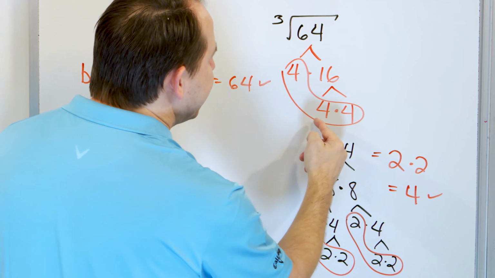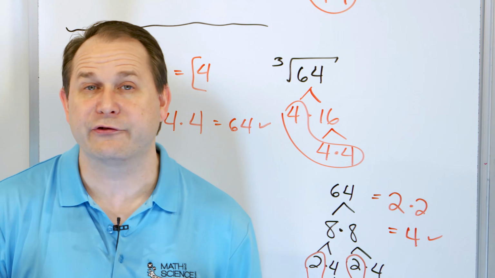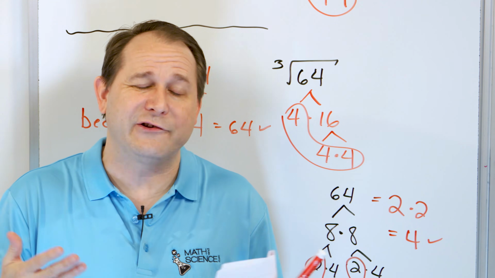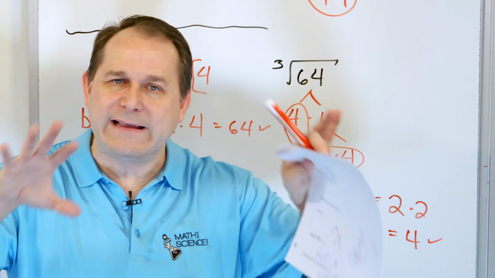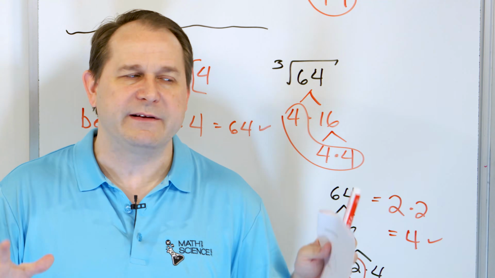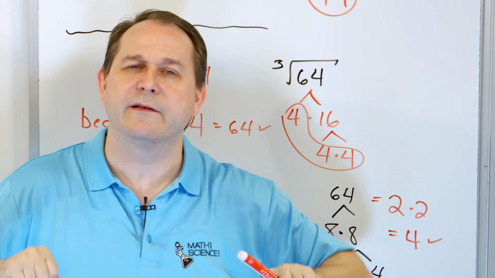3 2's, and then 3 more 2's, and we would get exactly the same answer. So just like for square roots, when you're finding the cube root of a number, or actually any root of any number that you want, you just break that factor tree down and you're, in this case, looking for triplets. If you find triplets, you can stop. If you don't, you've got to keep going and break it down all the way to the prime numbers,